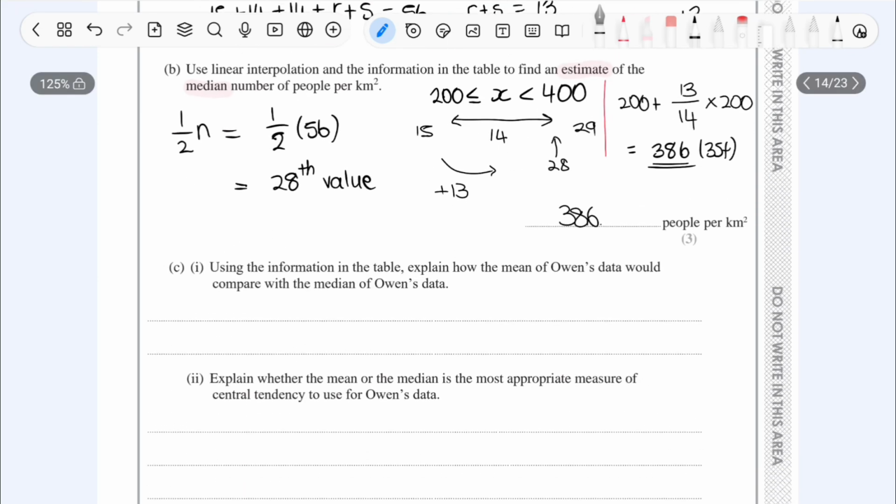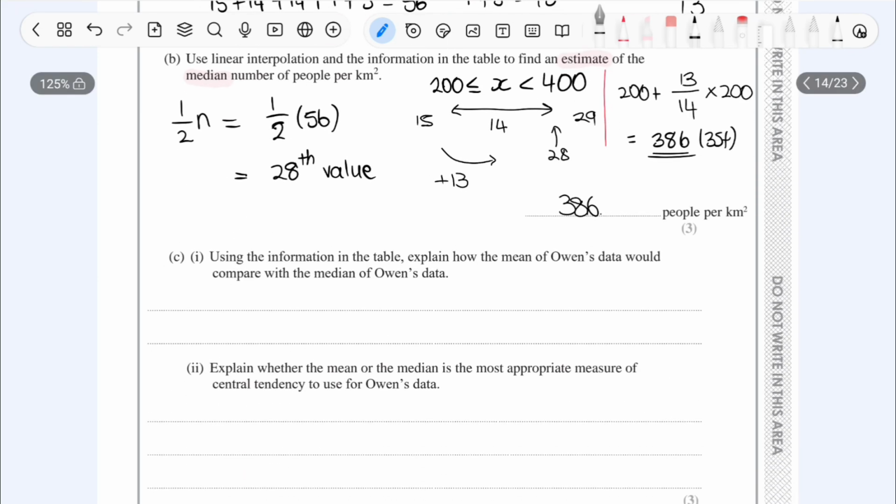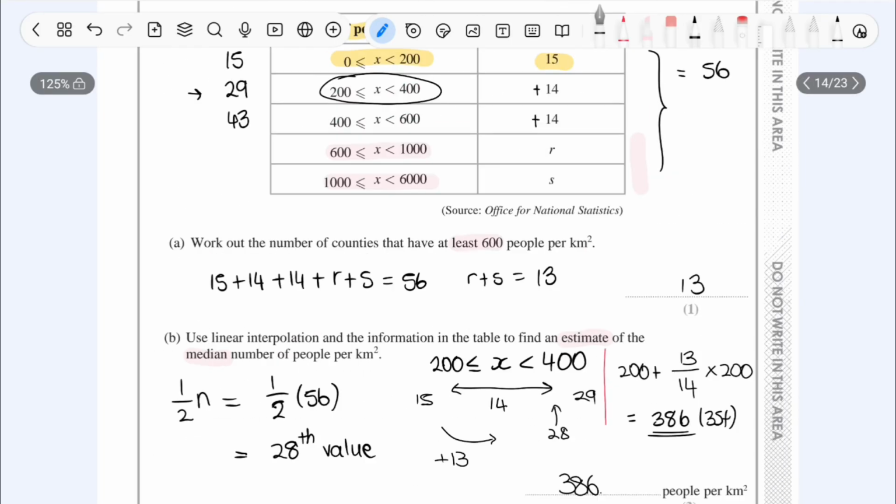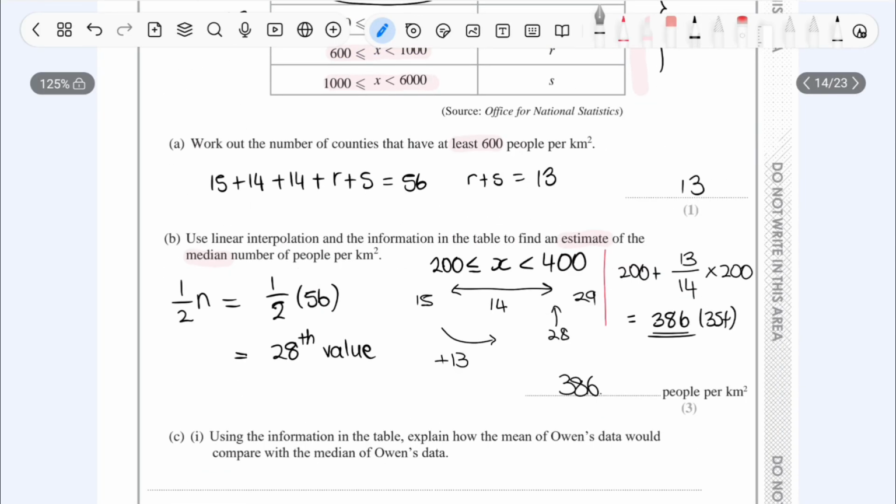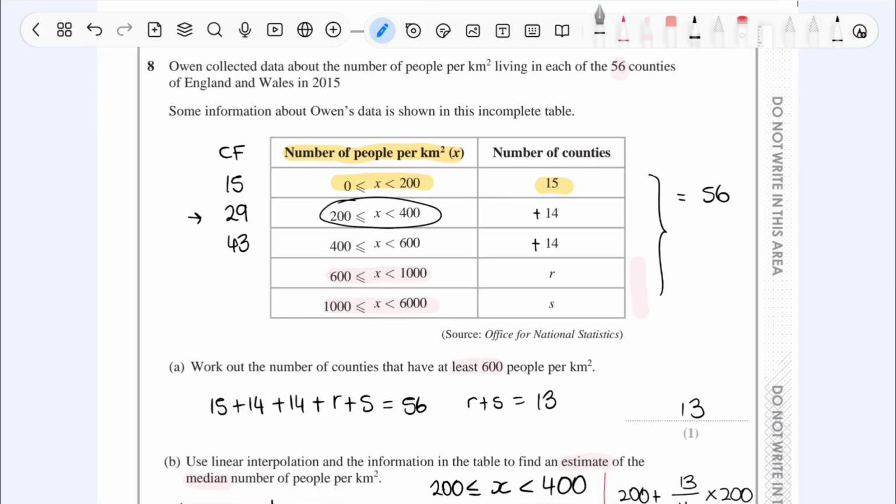Using the information in the table, explain how the mean of Owen's data would compare with the median of his data. Okay, now this is all about skew. You know that we can represent a group frequency table with a histogram. Now I'm going to do a rough plot of what this is. We have the table values of 14, 15, 14, 14, and then R and S, and we don't really know those values, but we know that it's combined 13. So the idea is, it's basically a continuous version of a bar chart. We use it for continuous data rather than discrete. And you just look at the general shape. And the general shape